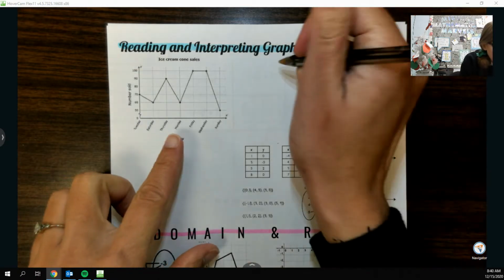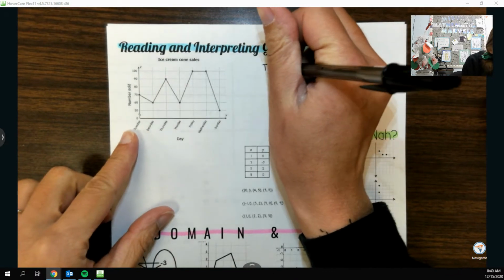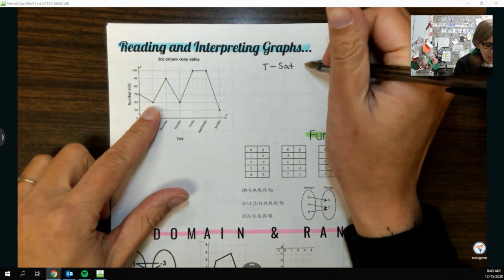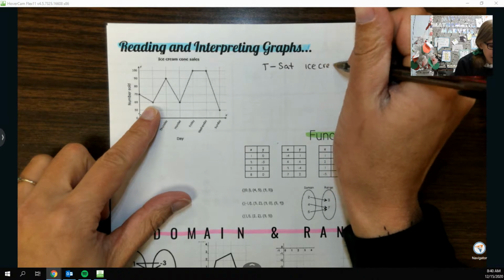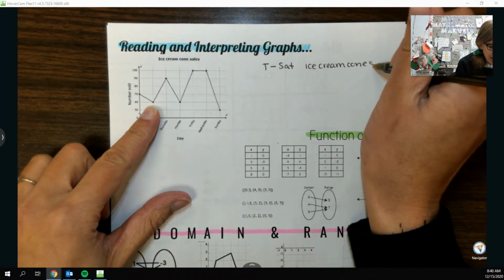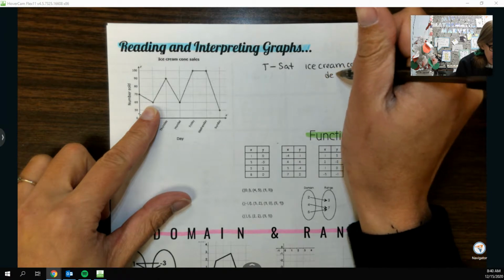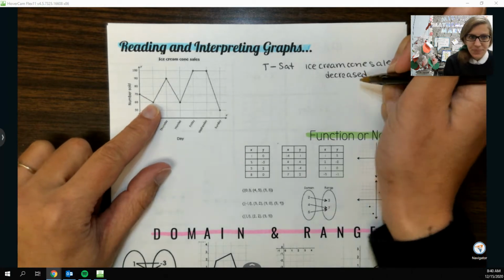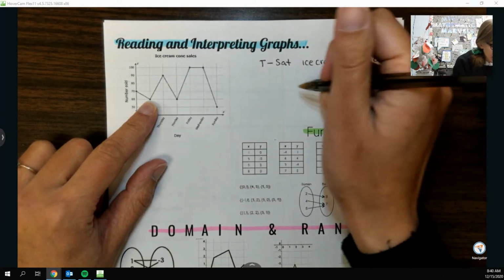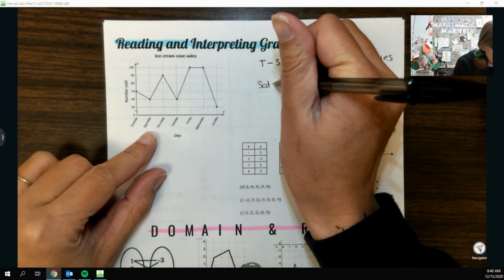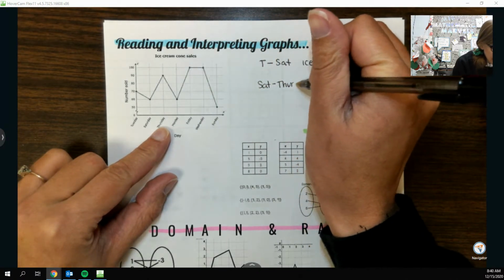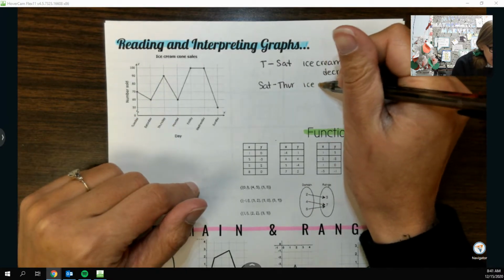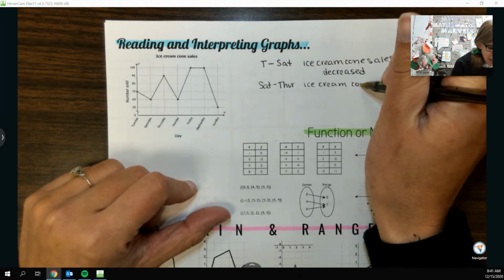So I could say something like from Tuesday to Saturday, sales decreased. So ice cream cone sales decreased because that line started up at 70 and ended down at 60. We could also say something like from Saturday to Thursday. So from Saturday to Thursday, ice cream cone sales went up,